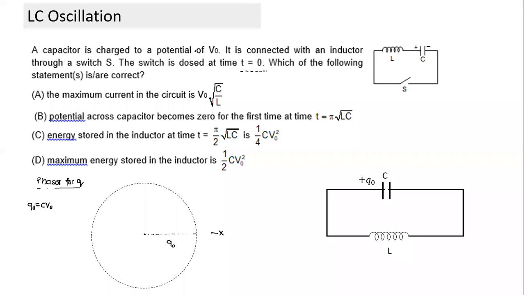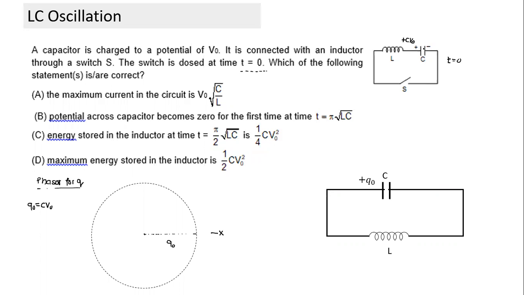Just look at this. The capacitor is charged to potential V0 and connected to an inductor, and the switch is closed at t equal to 0. So at t equal to 0, what is the charge on the capacitor for which I am drawing the phasor? Can you tell me what is the charge at time t is equal to 0? 0. No, it is charged to potential V0. How can it be 0? Just now I mentioned that charge means whether this one has a positive plate, this has charge plus CV0.